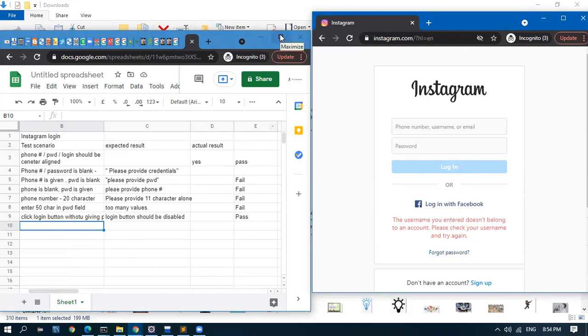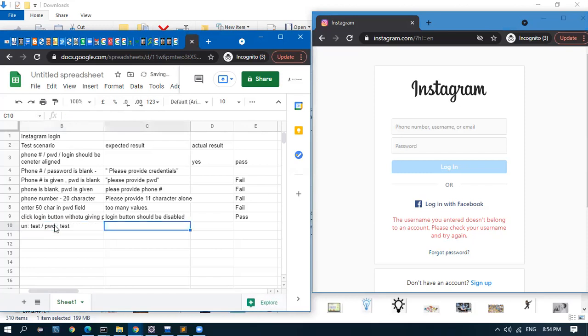Automation testing means, instead of manual testing, we are writing the code and we are just getting the result. That's it, right? Yes. The same thing with code. So let us say here, if username is test, password is test, click login. Expected is the system should log in.